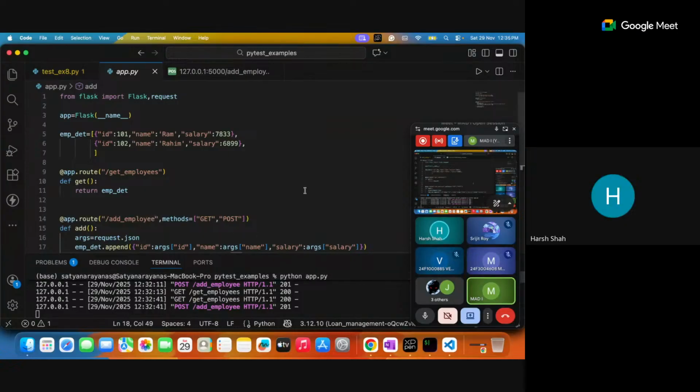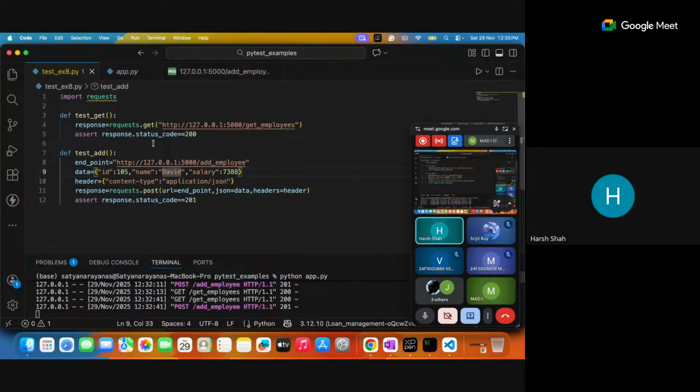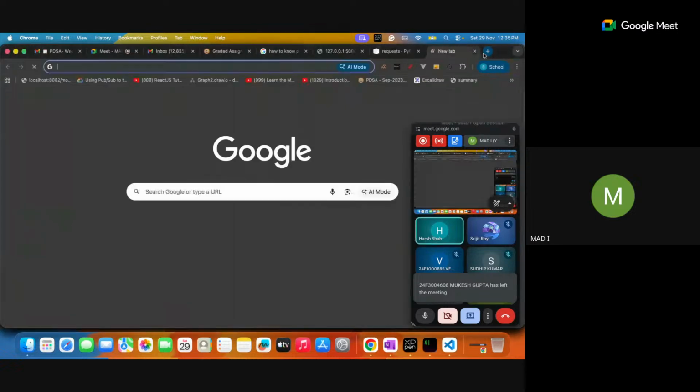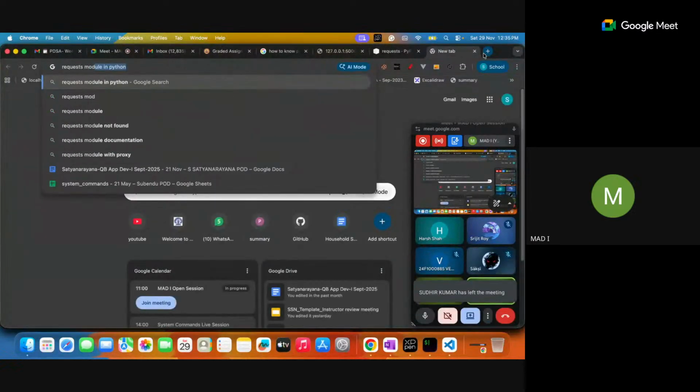But just one follow-up. Because in test 8, you are not interacting with the Flask app, you are just using requests, right? Correct. So how does PyTest know to reinstantiate the Flask app? Maybe the requests module is doing the job. When the requests module interacts with the Flask app or endpoint, it tries to check from the beginning, app.py itself. Maybe the requests module, right? Yeah. So let me Google whether the requests module is reinitiating the entire Flask app. Requests module in Python,